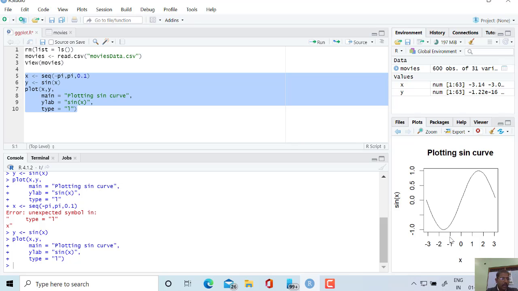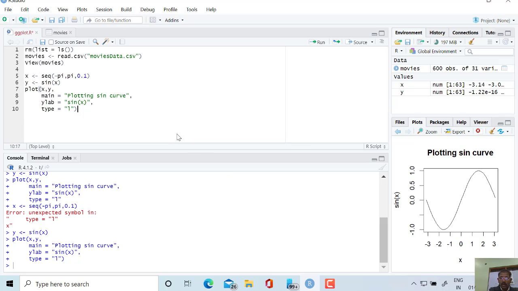Now I am going to make it more interactive. I am going to add more than one plot in a single plot, and this can be done by using the ggplot function here. So what can we do? Again, I want to plot x. I can write it like this also, x and sine of x. Also I can write it like this, and again main, because I want to draw two graphs in one plot, therefore I am writing here.